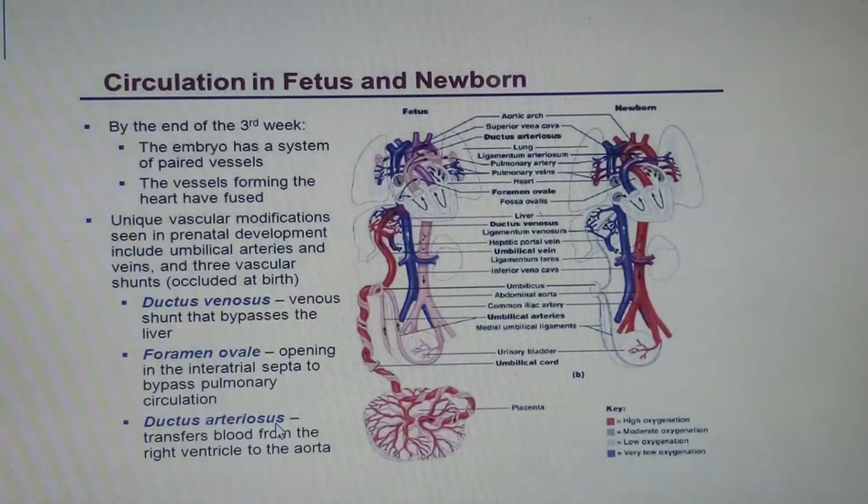Now this time around, because we are looking at the arteries, the pulmonary trunk is an artery, the aorta is an artery, so connecting them will be an artery. So that will be the ductus arteriosus, so that the majority of the blood will get to the aorta, to actually be pumped to the lower limbs, because the lower limbs can actually survive with oxygen-poor blood, and then more importantly to get into,